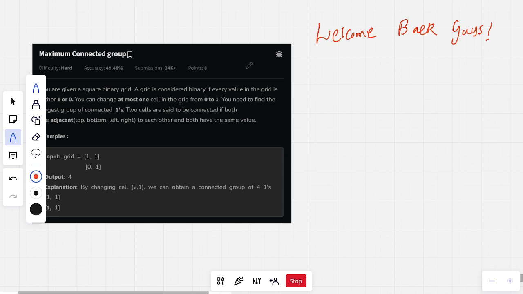Evening guys, we're back with another problem, and today's problem is the maximum connected group problem, also known as the island problem. So I've been solving GFG for the last 150 days, and I would say this is the